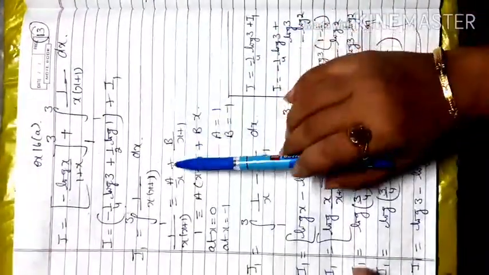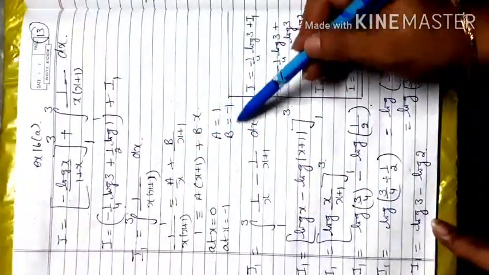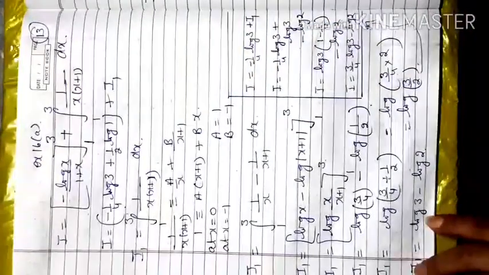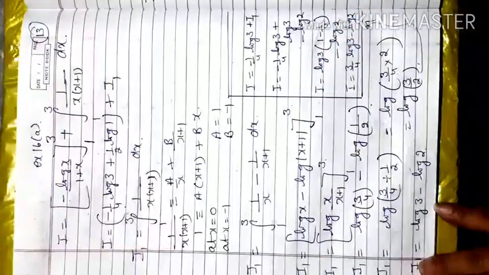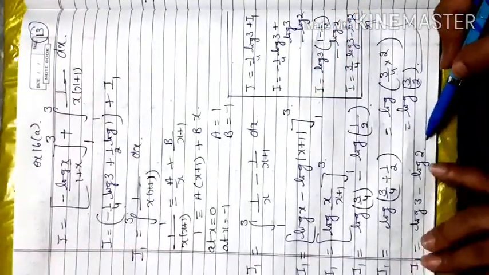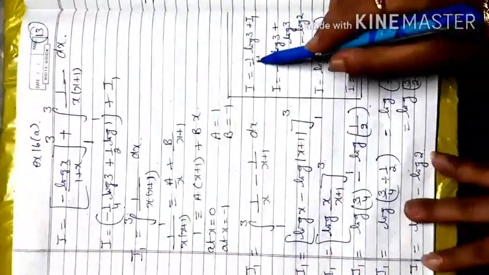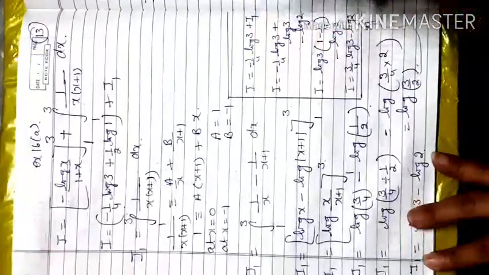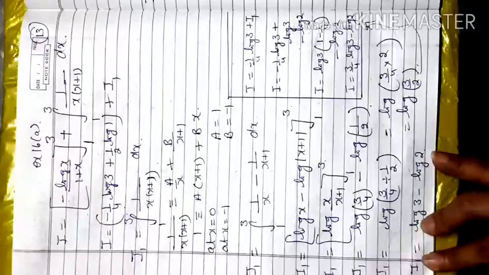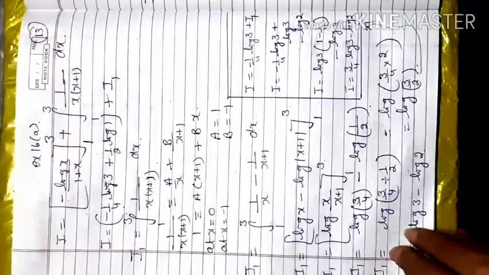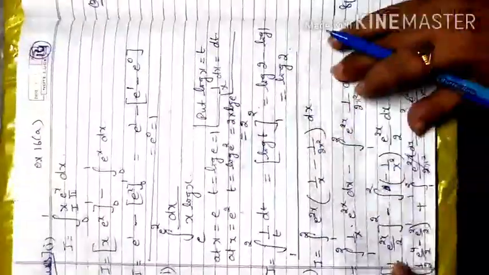When I solve with the partial fraction method, a by x plus b by x plus 1, after finding, a value is 1, b is equal to minus 1. Applying the values, integration of 1 by x is log x plus 1. After applying the limit value, we get log 3 minus log 2, that is log 3 by 2. In this question, I is equal to minus 1 by 4 log 3, and we already got the I1 value when we apply log 3 minus log 2. So log 3 will be taken out common, so that becomes 3 by 4 log 3 minus log 2, which is my answer. Now next question is your 7th question.